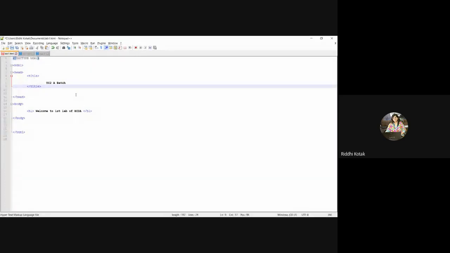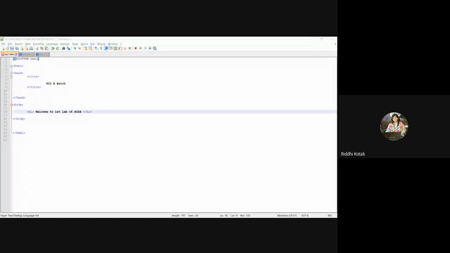After that, you have to write the body part. After completion of head, you have to start body, and within that body, you have to use this H1 tag. So how many heading tags have you learned from the workshop? How many tags are available?